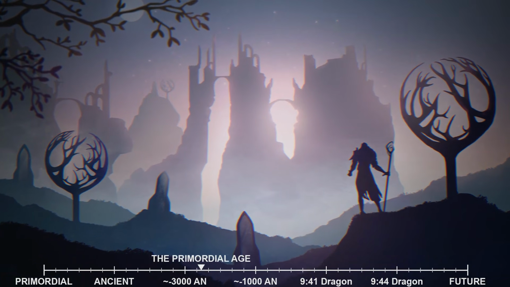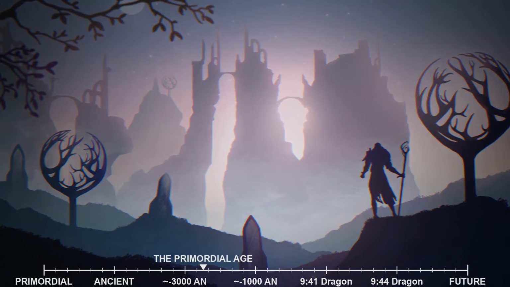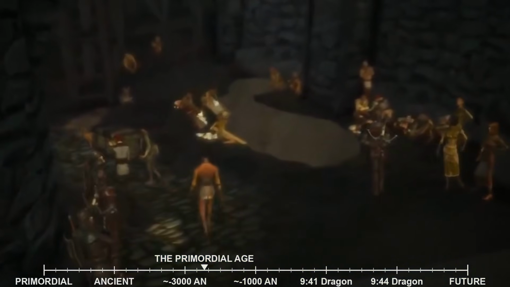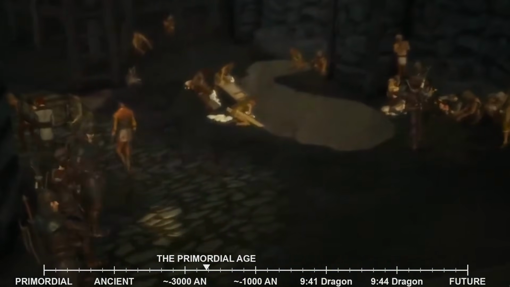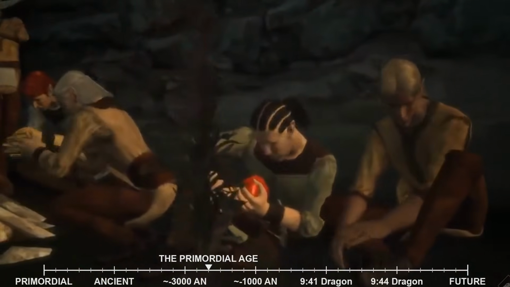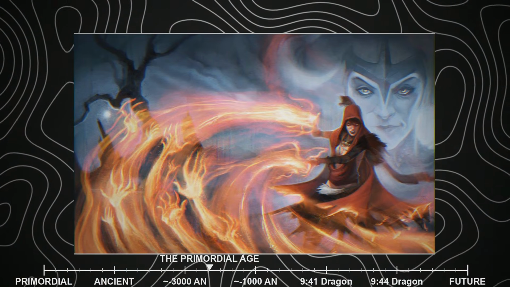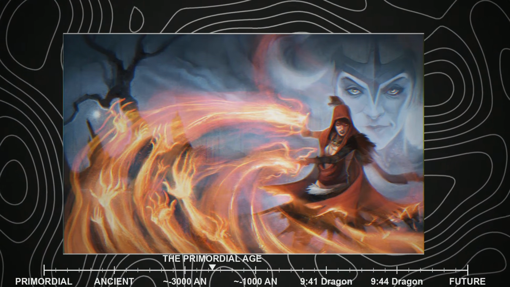In these primordial days, the barrier between the Fade and the physical world was nothing like the solid wall it would later become. The veil, as this barrier is known, was thin to the point of transparency, permeable and easily crossed. The separation between dream and reality was more suggestion than law. Spirits could pass from the Fade into Thedas with barely any effort at all, manifesting in the physical world as easily as a thought becomes a word.